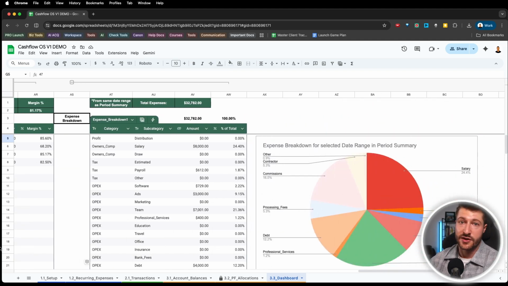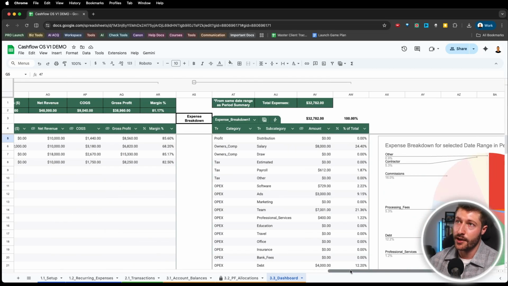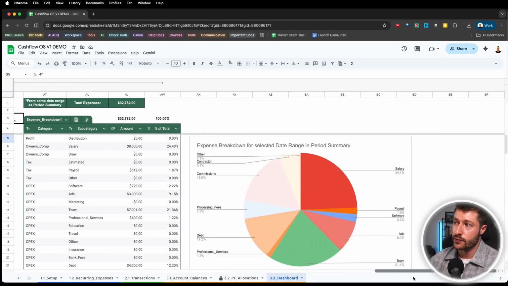Or, for example, your expense breakdown, so that you can know exactly how much you paid in each of the areas of the business. Just see a quick chart like this one: what was your salary? How much did you pay in payroll, software, ads, the team, professional services, everything in just a quick glance, right? So, for example, this would allow you to make changes based on things that happen on a weekly basis. In this situation, we see that we ended up spending 9.2% on ads when we were just allocating 5% to them, and that would allow us to then make adjustments for next period.